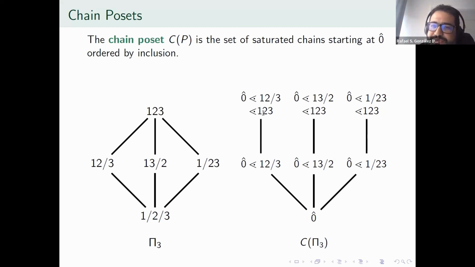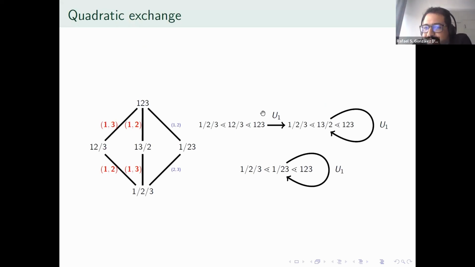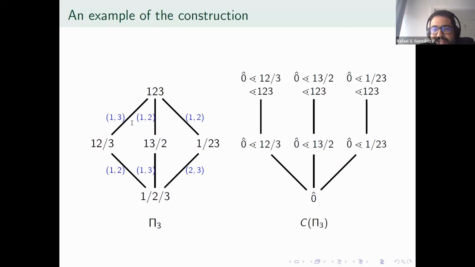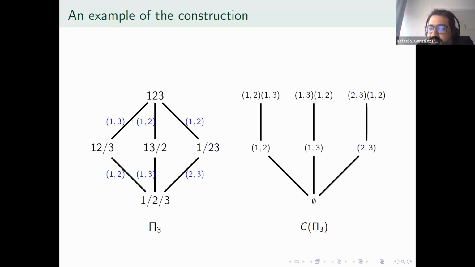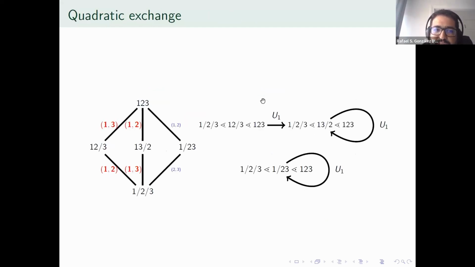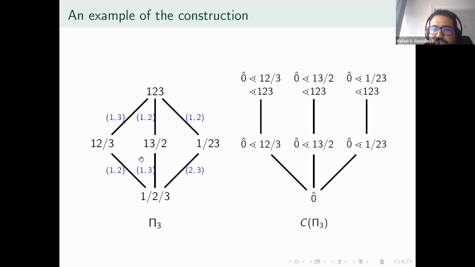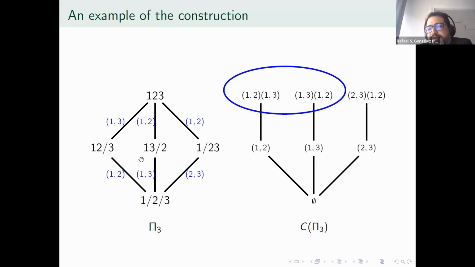And then we have this rank two switching property that allows us to do quadratic exchanges. So we're going to be doing quadratic exchanges every time we see a rank two switch. So we take this poset. These are actually the words of labels in the poset on the right. And every time we can make a switch, we can make a switch between this chain on the left and this chain in the middle. So I can make a switch here, and I identify these two elements